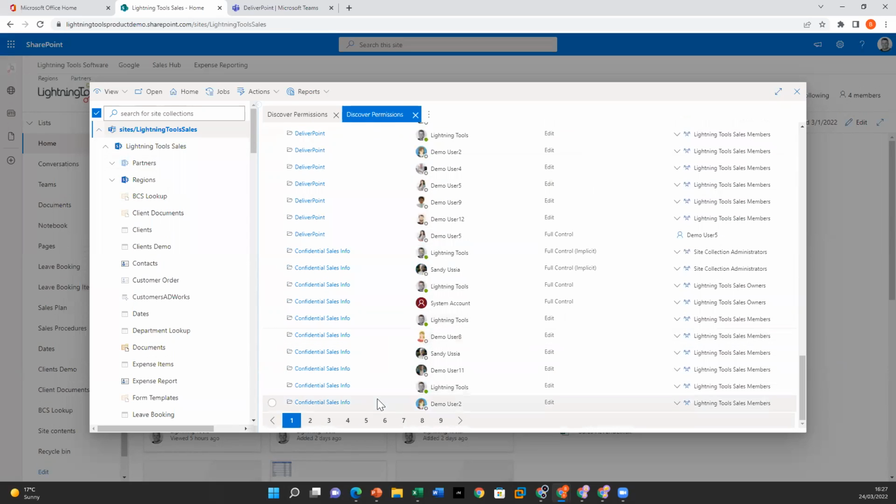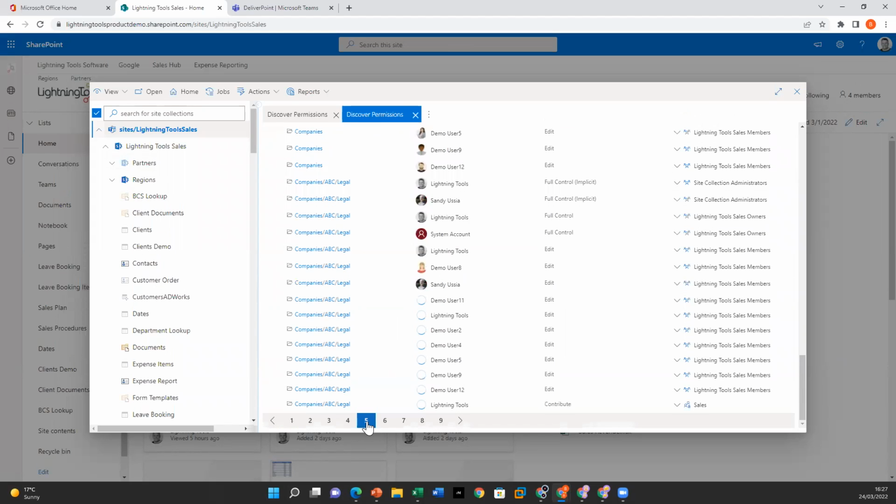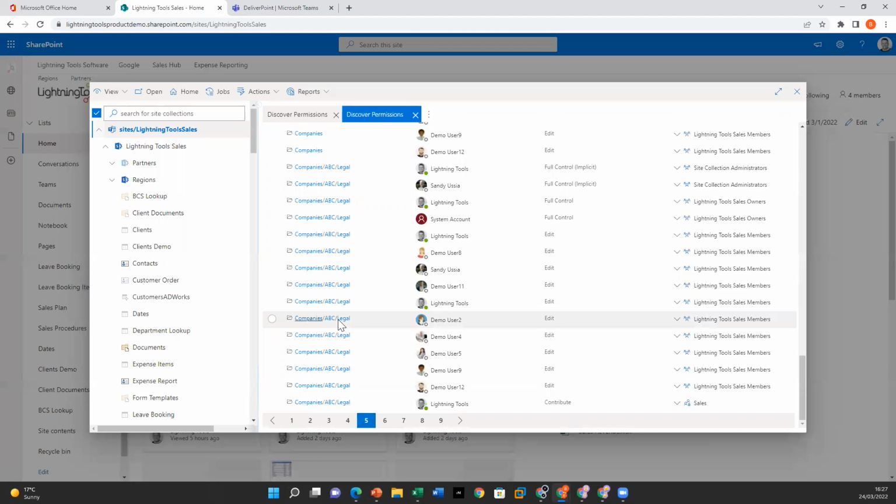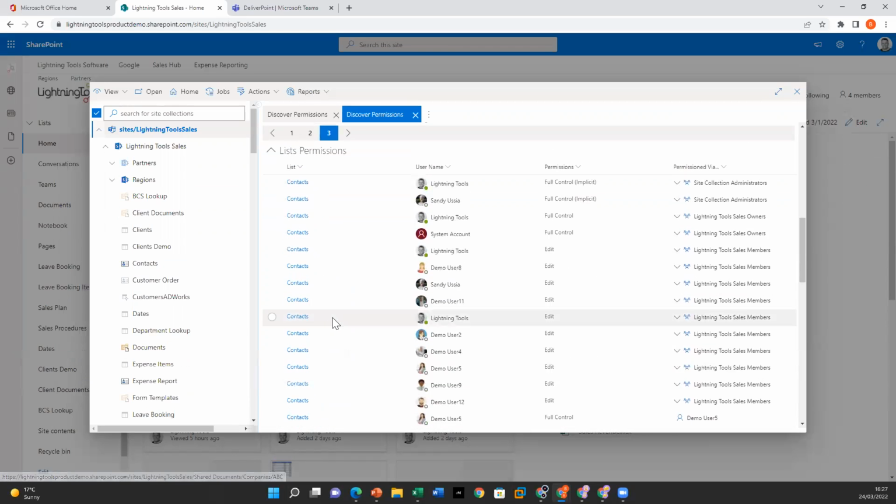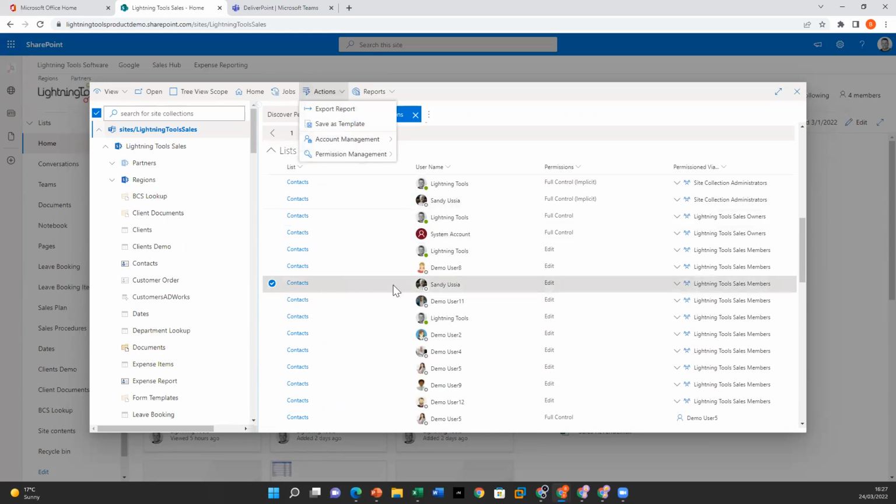And notice that if you do have folders and subfolders in there, even those folders and subfolders are displayed here, so we can actually go through and report at each folder level, even if it's buried deep inside the folder structure of a document library. And again, from there, we can go through and make changes. So selecting a row here, we can go in and make the changes using things like copy, transfer, delete permissions,